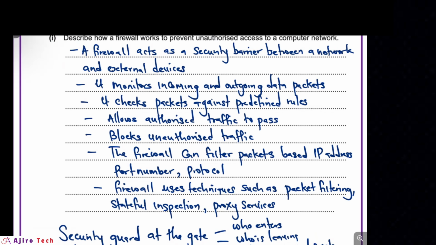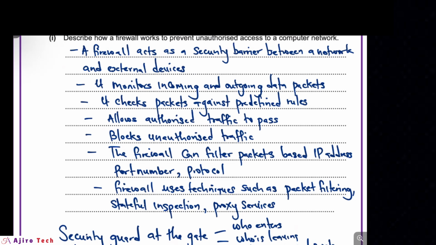I hope this is clear. I'll give a good example for the home network in Irene's case. It could allow school website traffic, so she can access the school website and her email. It could block hackers attempting to access, and it could block malicious software traffic as well. So these rules are very important.